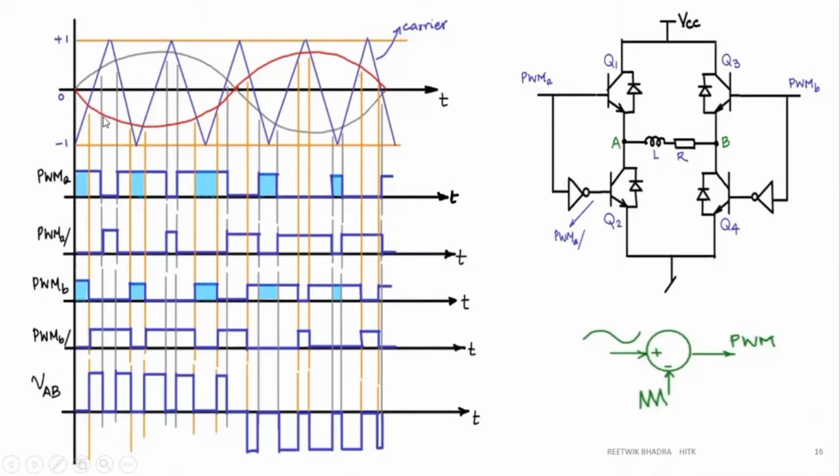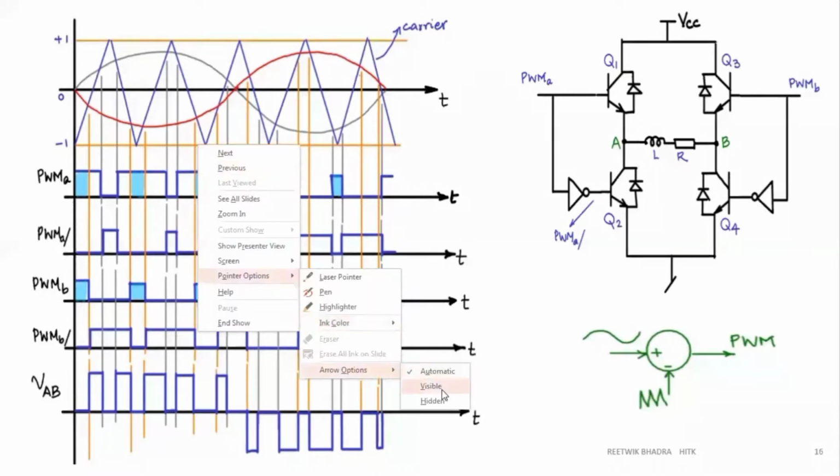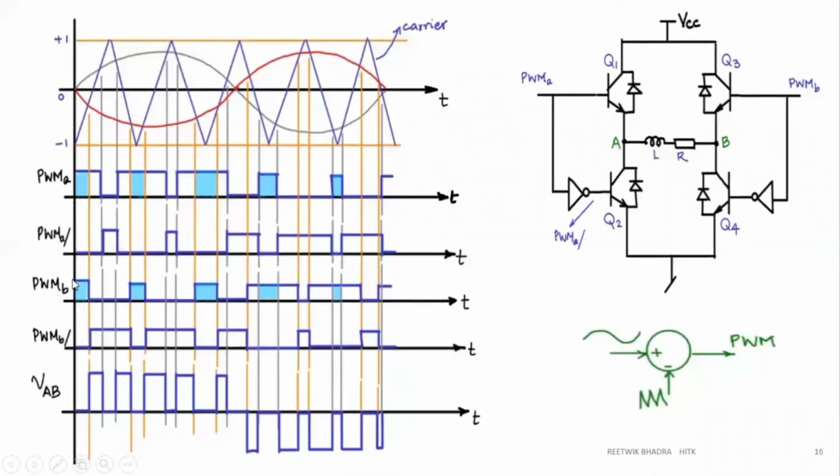Now if you compare your red sinusoidal wave with your triangular wave, for the first part from this point to this point, we have the red line at a higher value than the blue line. That means we'll get a PWM over here. So that's why you can see you are getting a PWM over here, PWM-B. And from this point to this point, the red color line will be lower. So we have 0 over here, and so it goes on. And A and B are mutually exclusive of one another. So that's why we are giving a NOT gate over here.